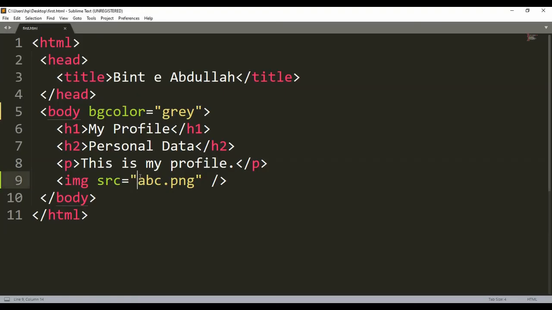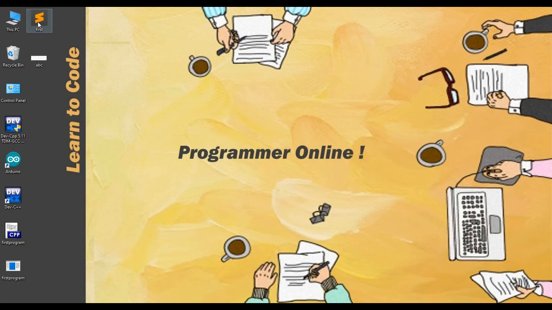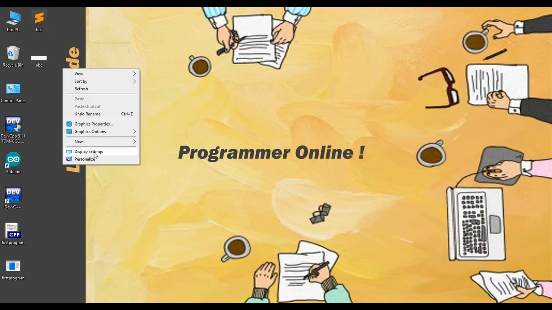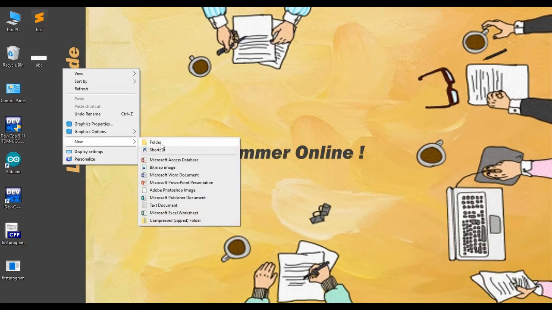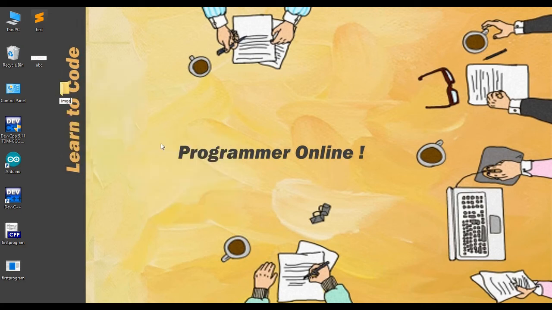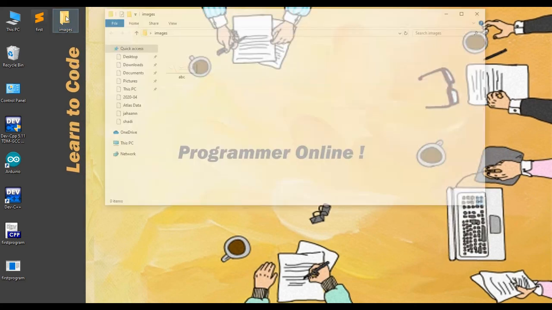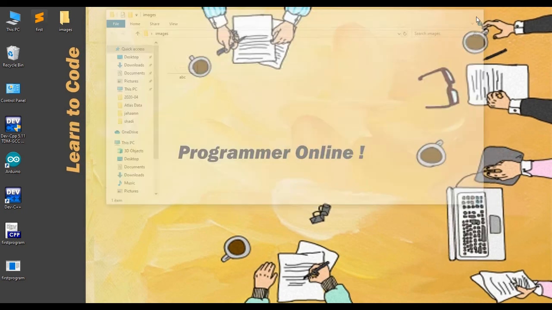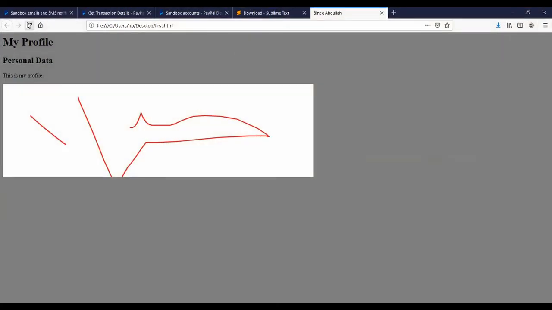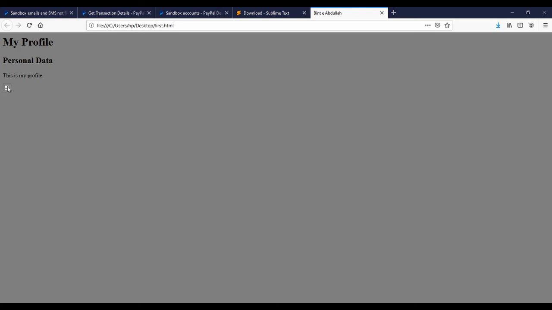Now let's discuss more about this source. If your image is not located where your file is and is located in a new folder, I must create a new folder here, for example images, and I place this ABC file into the images folder. So if I refresh this, there is an error